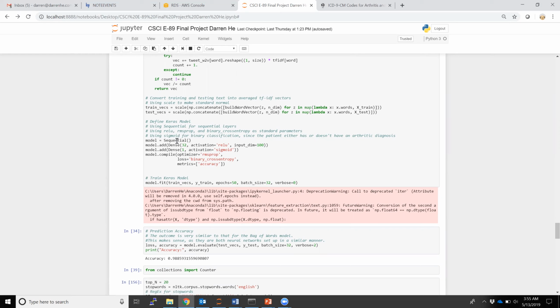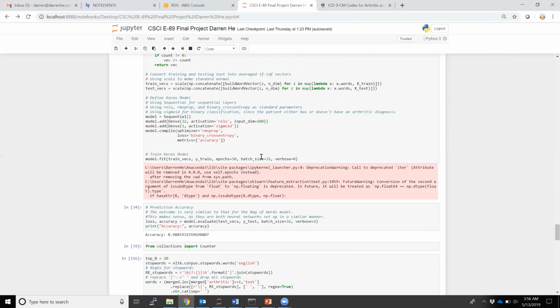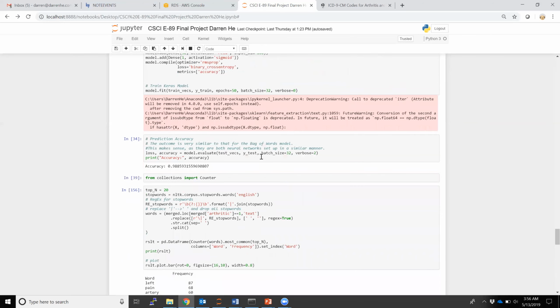So the model I've set up uses ReLU activation, RMSprop, and binary cross entropy. So these are the standard ones that we've used a lot. And based on my review of the documentation, I didn't see any reason for changing that. And then since I wanted a binary classification based on my Boolean sort of arthritic or not condition, I used sigmoid. Softmax would have worked as well. And I trained the Keras model. So basically, we're using these TF-IDF vectors to train the model for prediction. And then you'll see here the prediction accuracy actually got a very similar result, a little bit higher actually, around